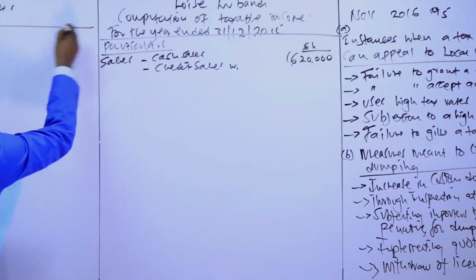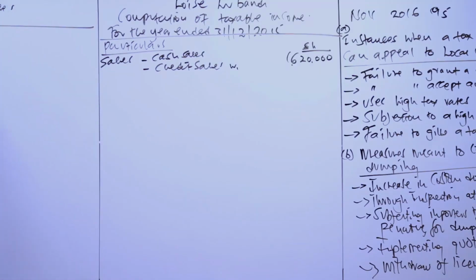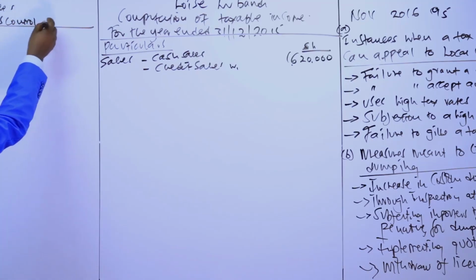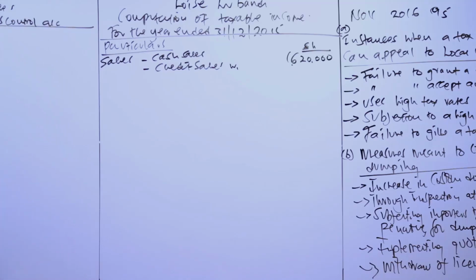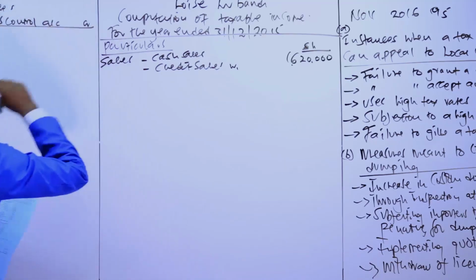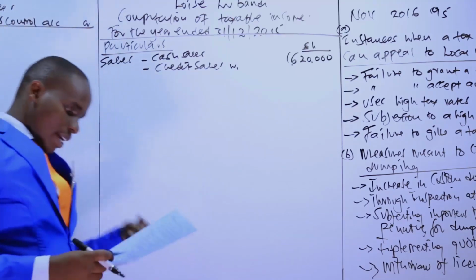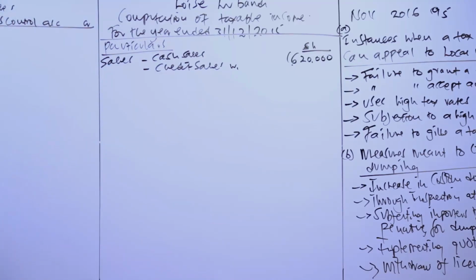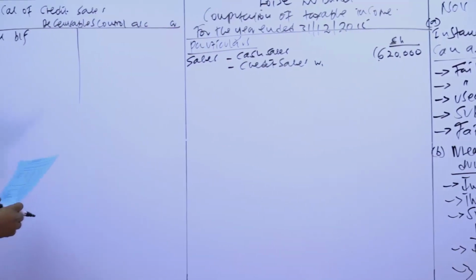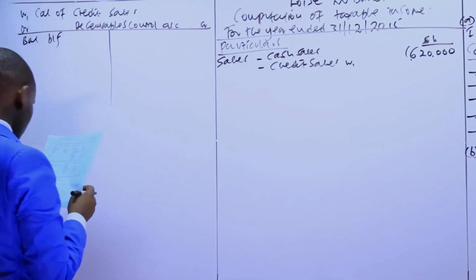In order to calculate credit sales, we need to prepare the receivables control account. For this account, we put the balances and any other item that affects this particular ledger. So we start with balance brought forward for the receivables, which is